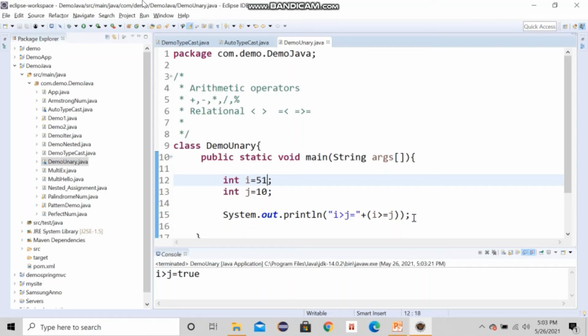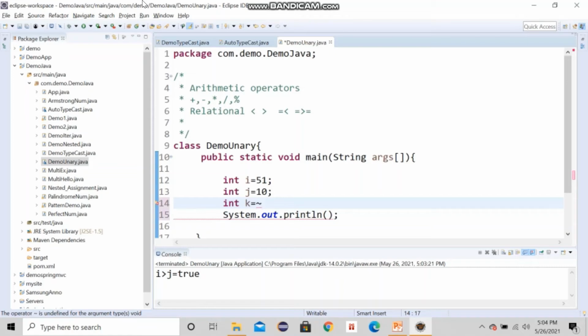Now we will see the not operator and the bitwise complement operator. So int k is equal to, suppose, the bitwise complement of i, and let me print it.